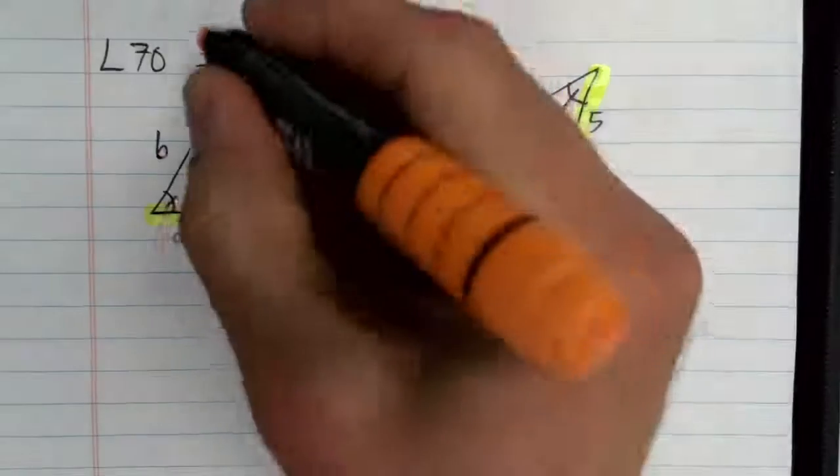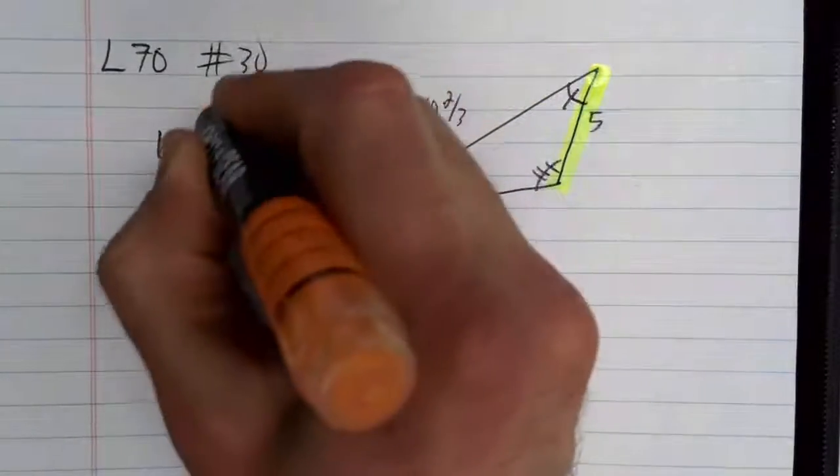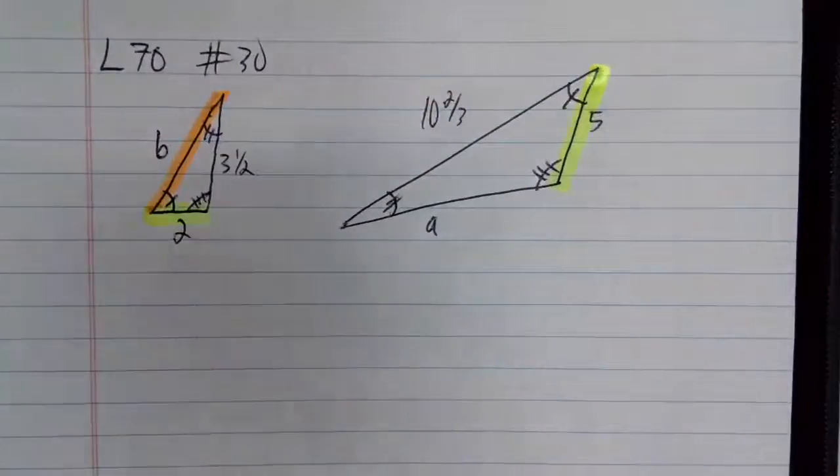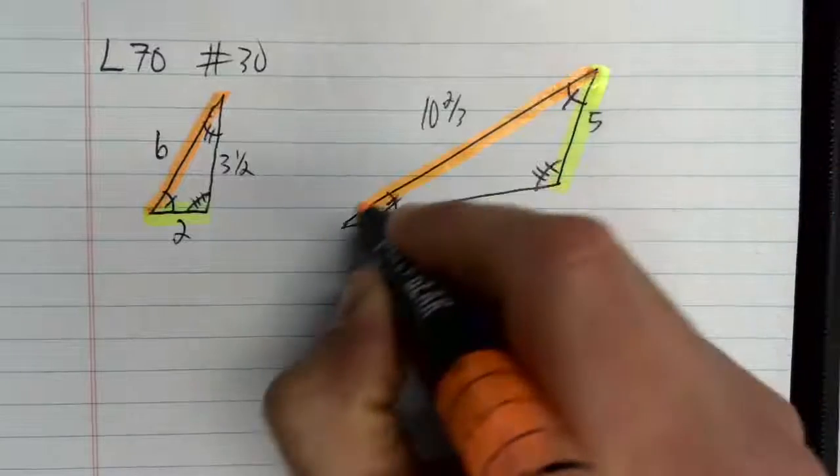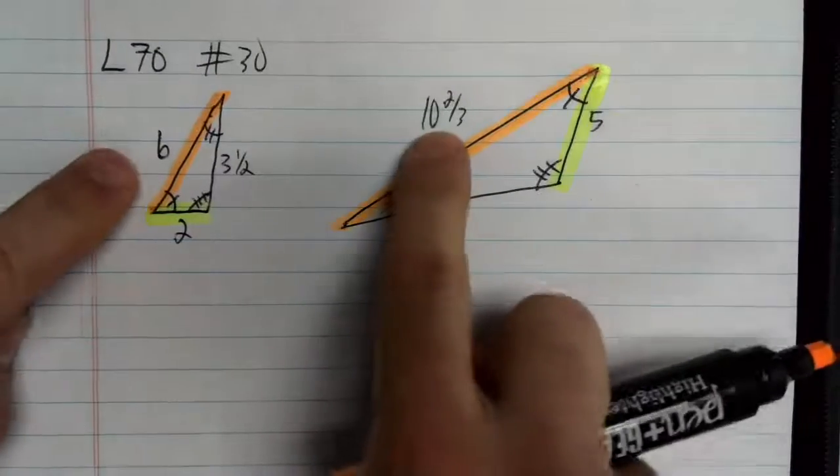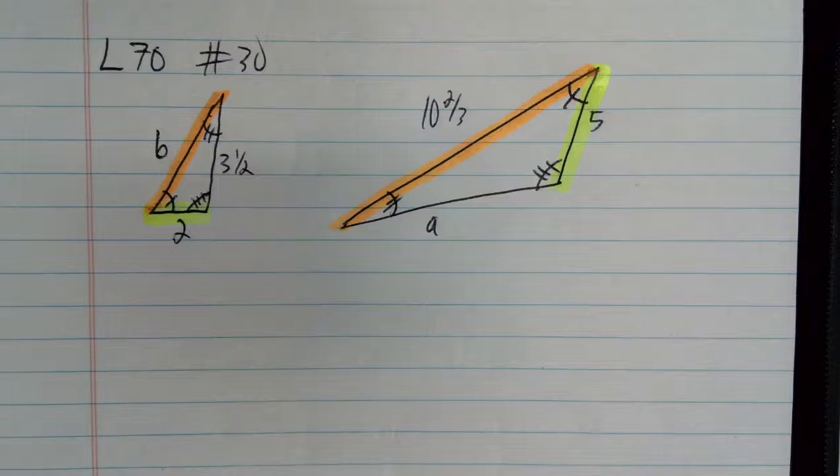Now, let's do another one. So 1 to 2. So this is connecting one hash to 2. So I'm going to highlight the one that connects one hash to 2. It's that side. So the B and the 10 2/3 correspond. And of course, by the process of elimination,